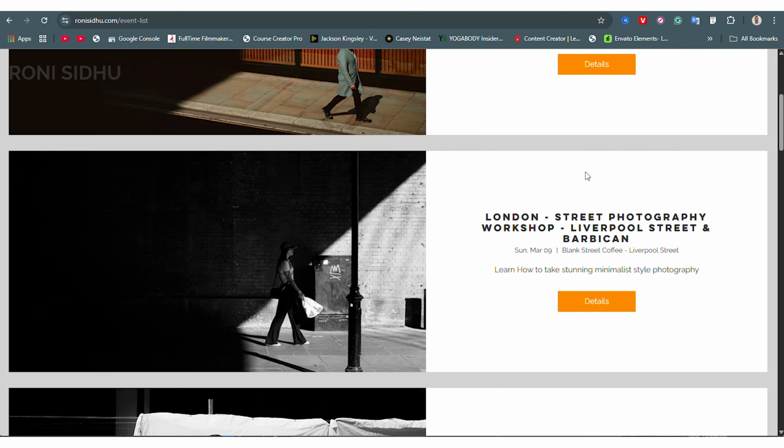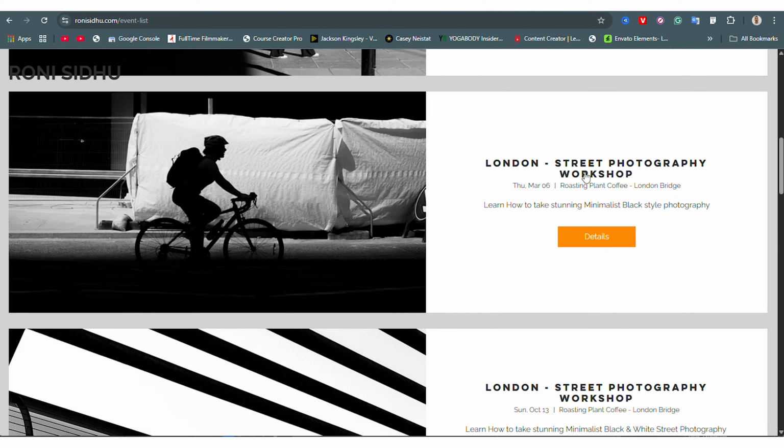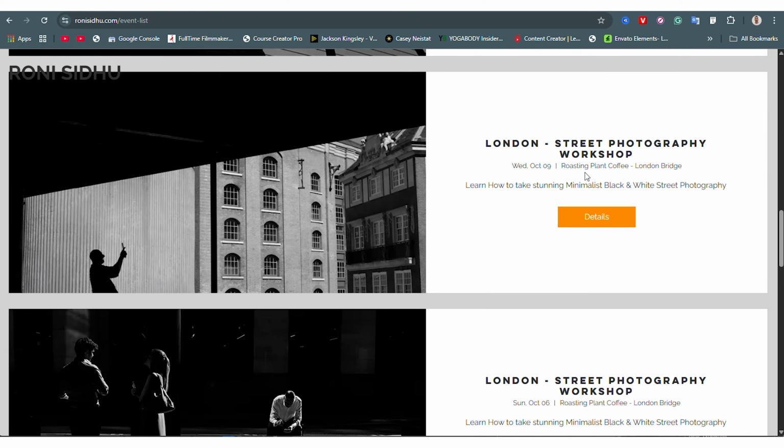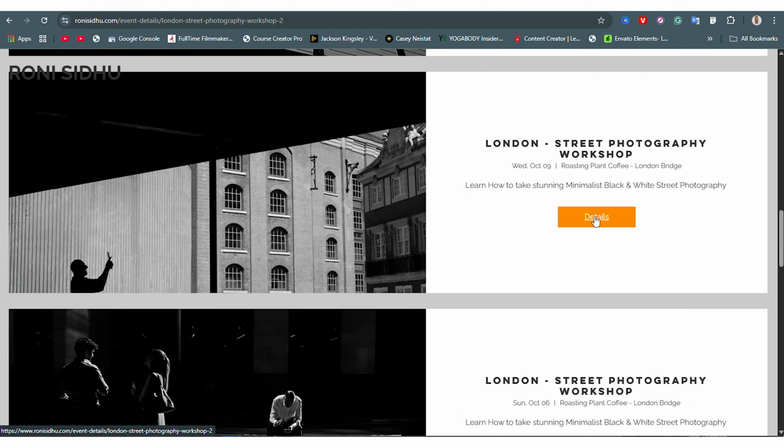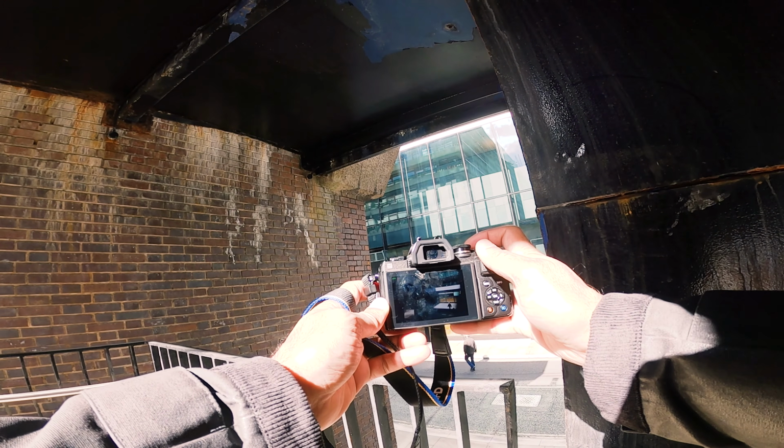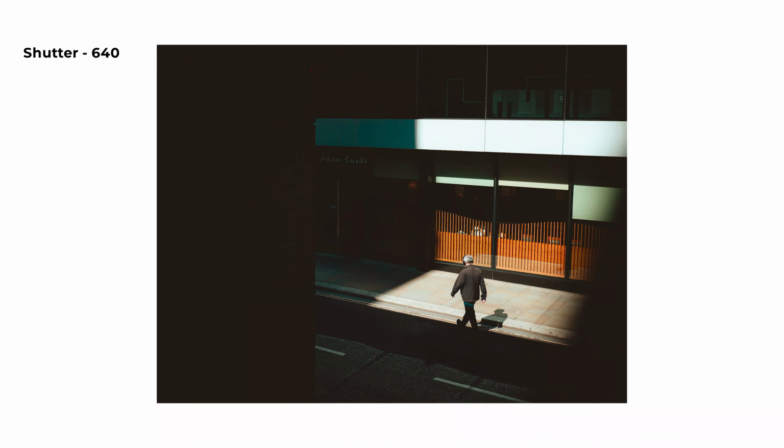Slow down, take a breath. We're always in a rush. Slow down, take a breath, and you will learn and take in so much more. Okay, so then set up your shot. Wait for the right moment. Be patient and wait for the right character to come along.